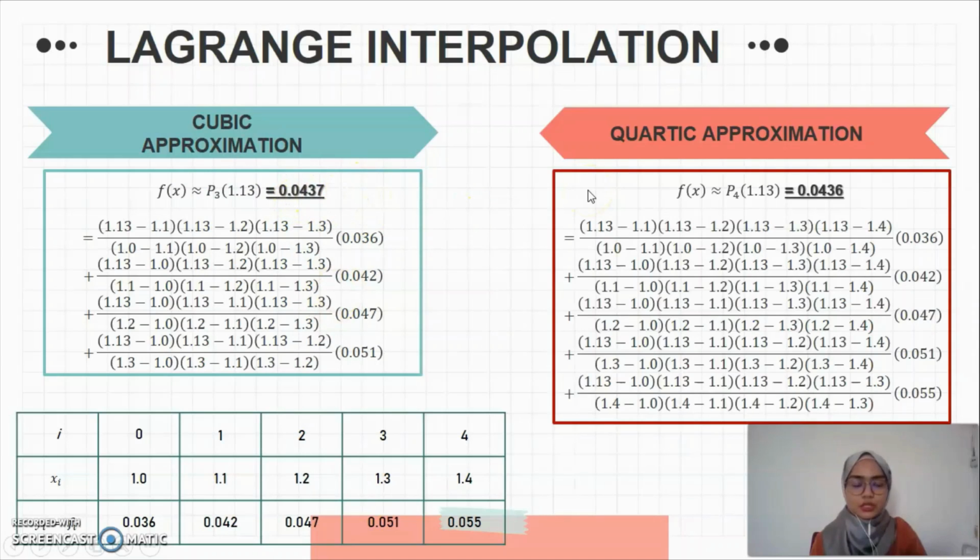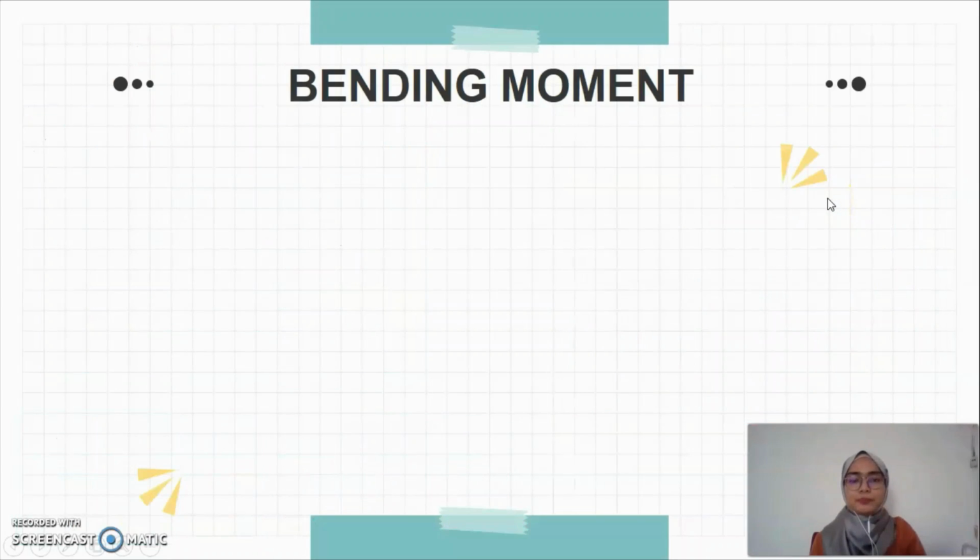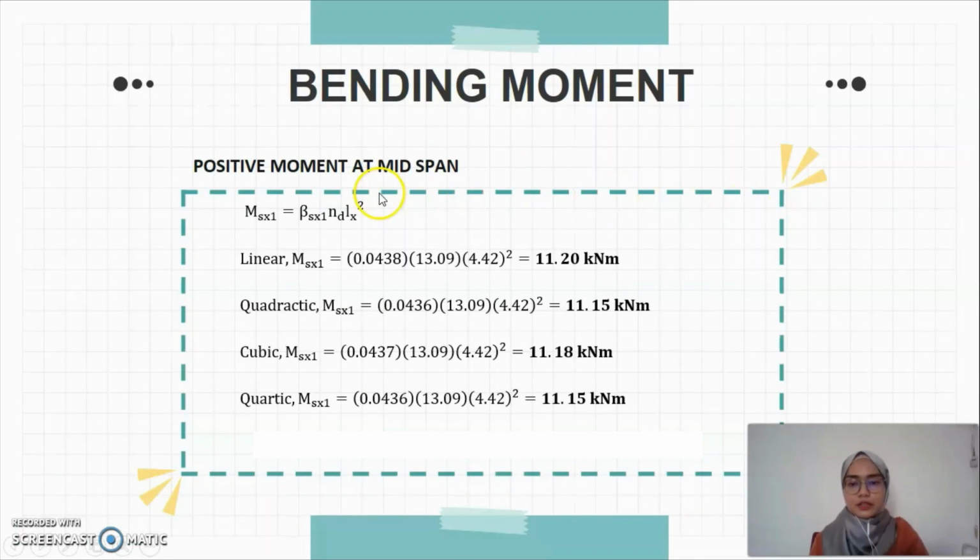And lastly, quartic approximation, P4 is polynomial of degree 4, 1.13, used from 0, 1, 2, 3 and 4, since it was 5 points. So the answer will be 0.0436. So bending moment at the midspan, the